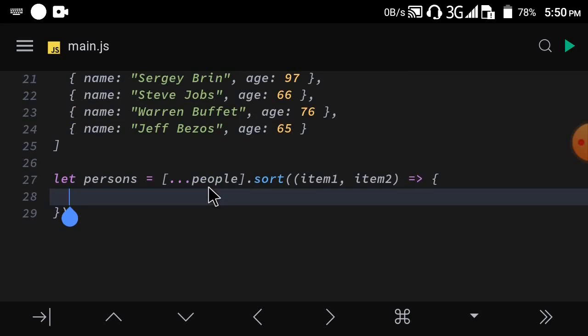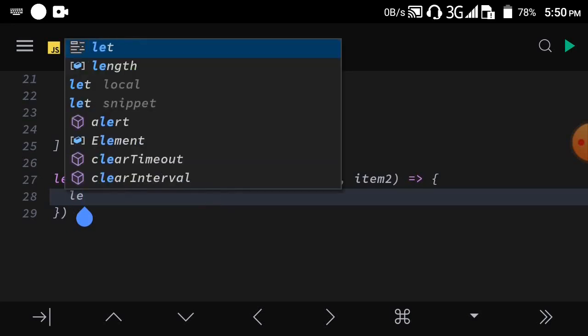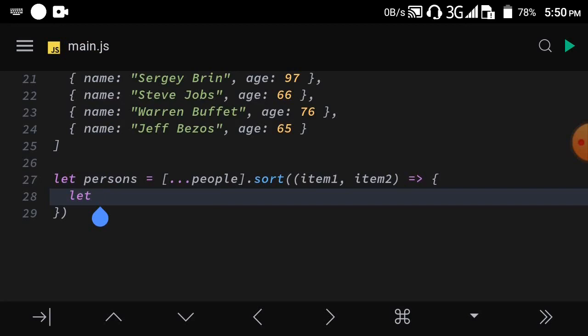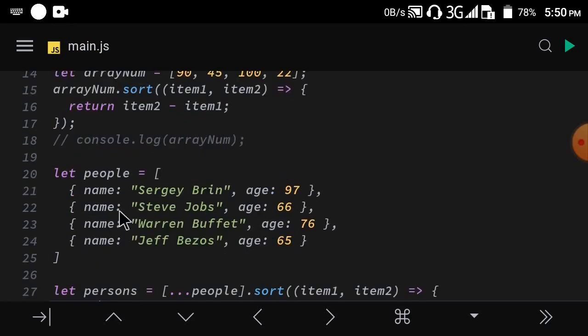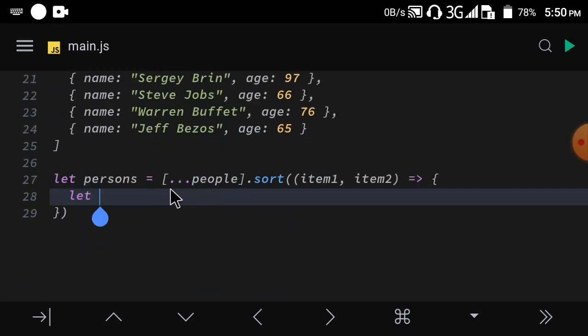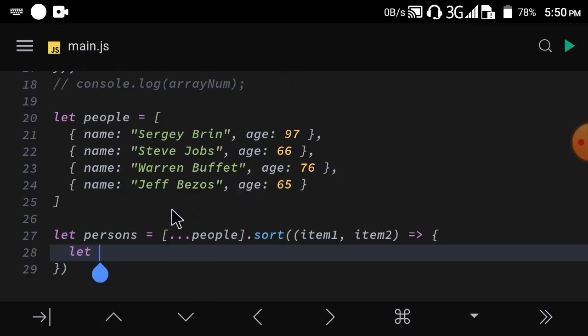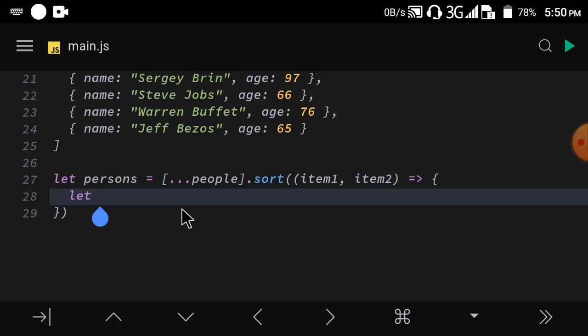Okay, sorry, I made a mistake. This dot here is known as the spread operator. It's known as the spread operator. So I'm using it to copy values from this people array. I'm copying it into a new array, which is going to be stored inside of this persons after sorting it. So I want to use array destructuring here now